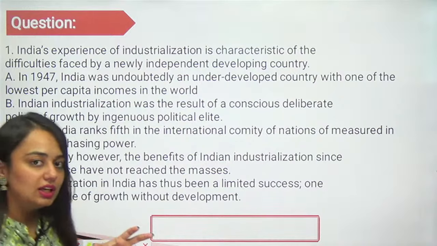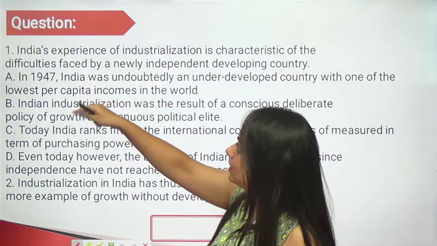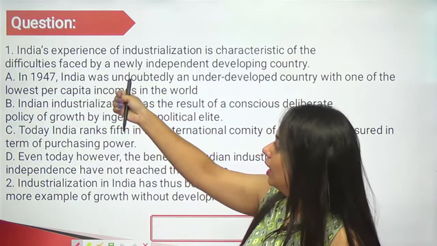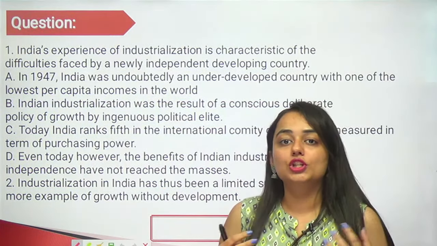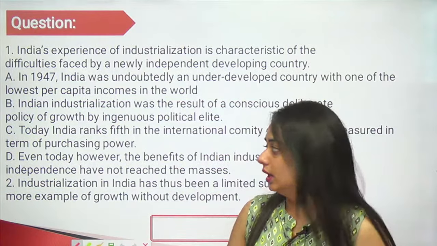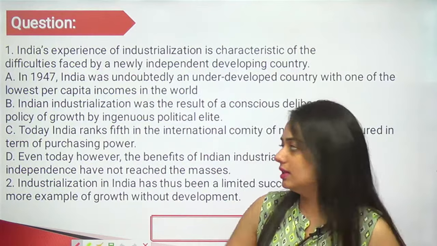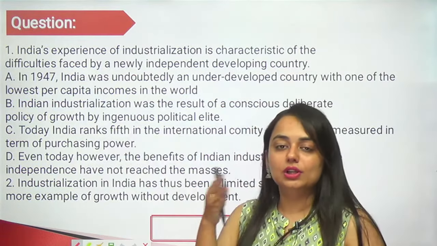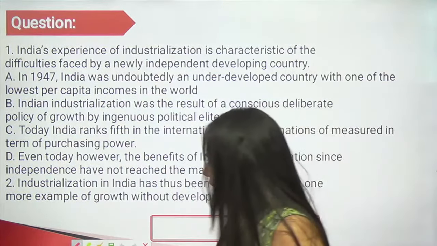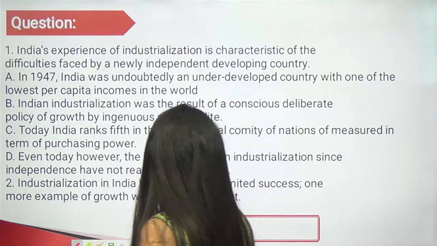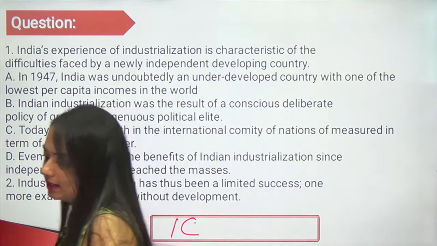So if you see the logic, which is very evident here, first of all, the difficulty India faced at the time of its independence is mentioned, and logically what should be the thing that should follow it? The present day scenario. We talked about the scenario when India just gained independence, and now the logical sequence states that the next line should be talking about today's scenario. So I've guessed the first for you, 1 and C. Let's see if you can guess the next one.